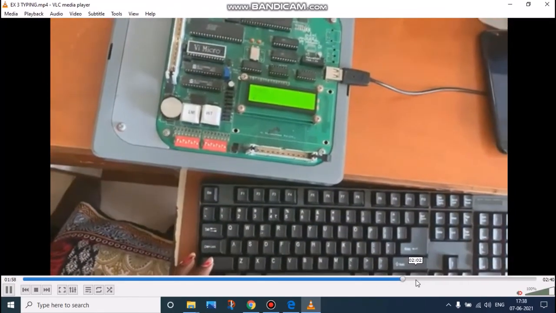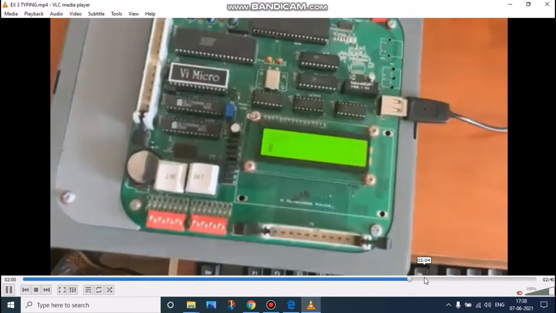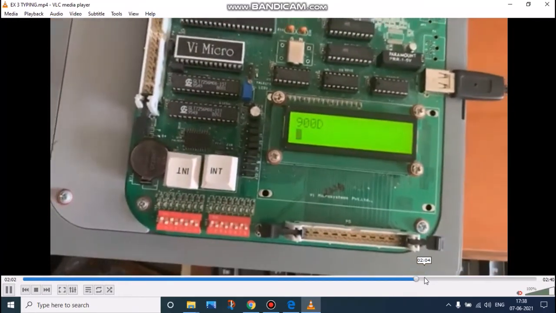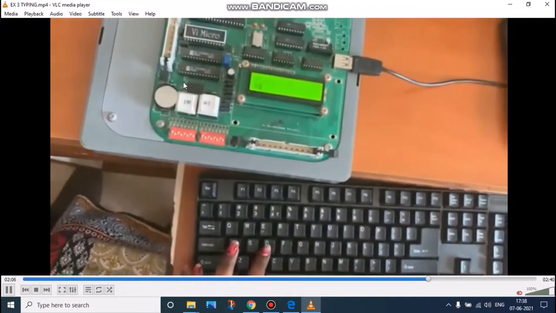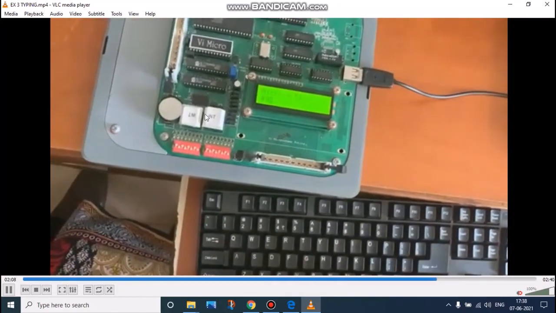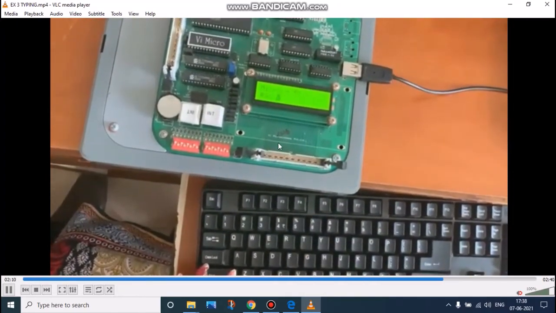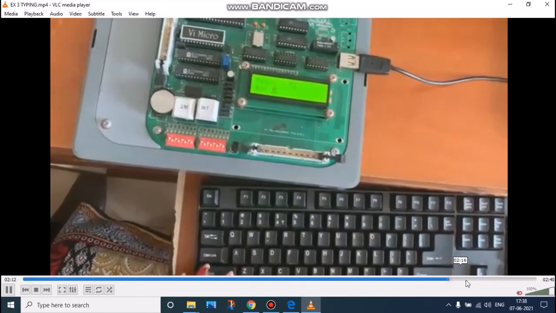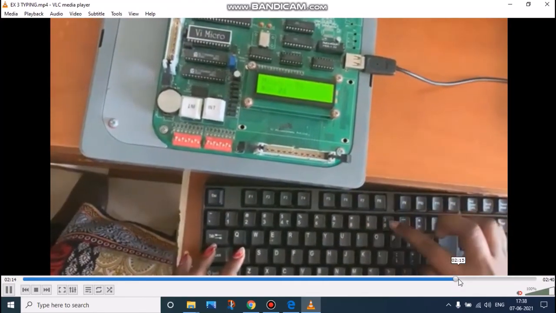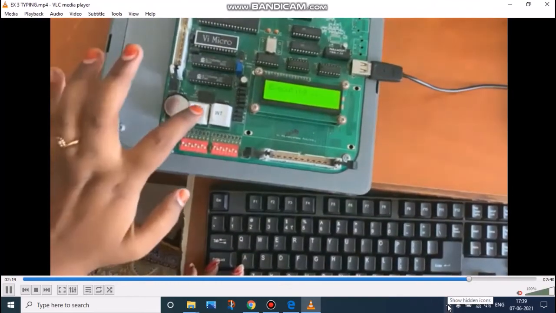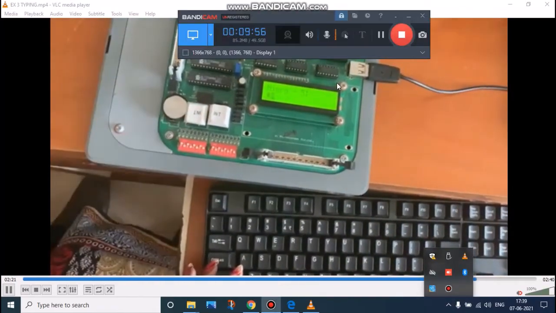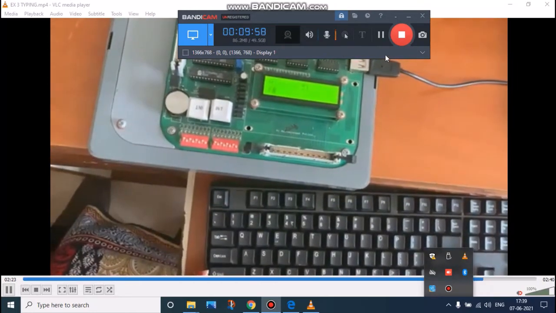I am just moving on, because we know just by entering the value we can get the output. After completing this, we have to give enter, interrupt in this program, and go to the starting address. To run the program, starting address. Now the program will start executing. Then we can see the output, by using the S.